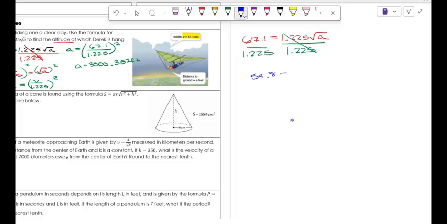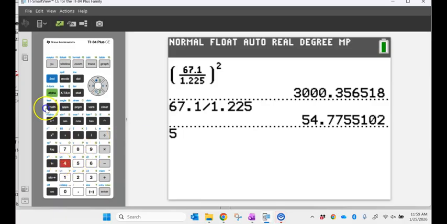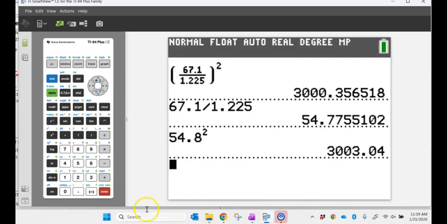54.8 is equal to the square root of A. And so the last step would be to go ahead and square both sides. So if I did 54.8 and I squared that, that would get me A. So if I square 54.8, I get